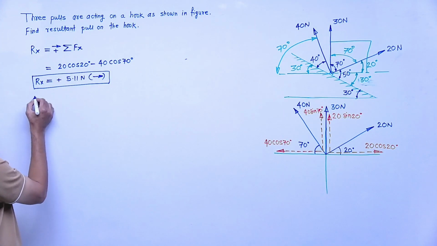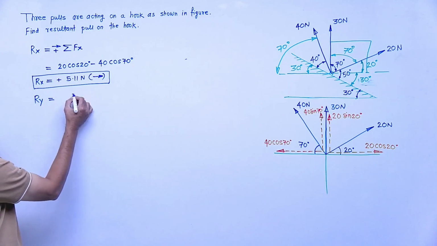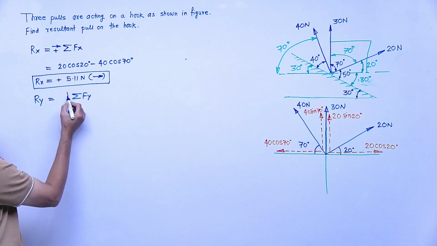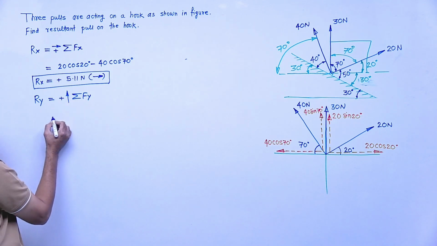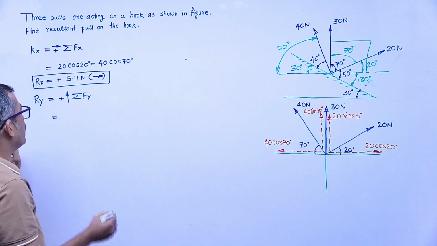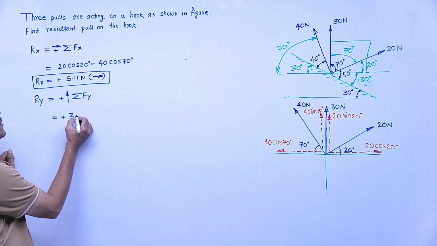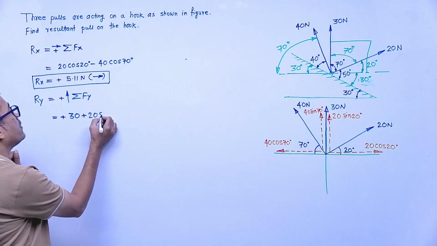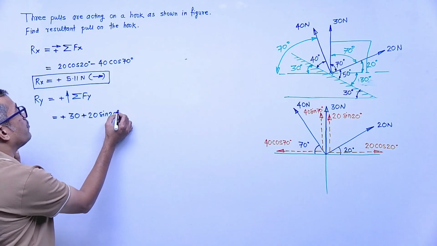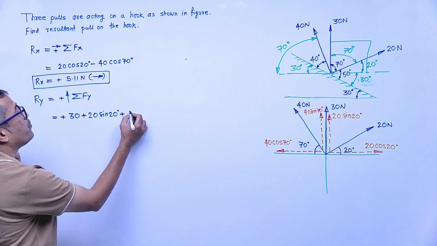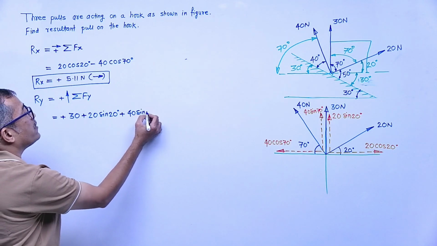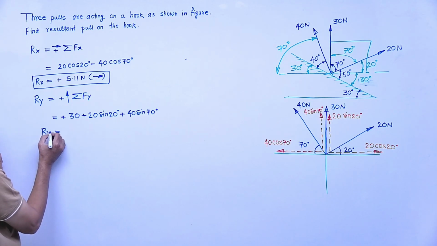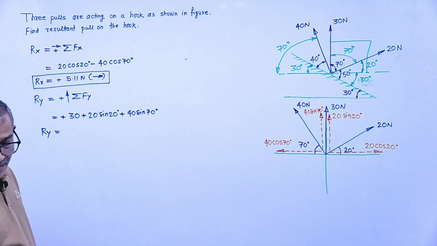Next step, Ry we will find out. Ry is what? Summation of Fy. This is the equation, addition of all forces along y-axis, assuming upward forces positive. Now in this case, all forces are in upward direction. First I will read this 30 Newton, right? Component of 20 is what? Plus 20 sin 20 plus the next component 40 sin 70. If we add, how much will we get? Ry, just check. Ry comes out to be